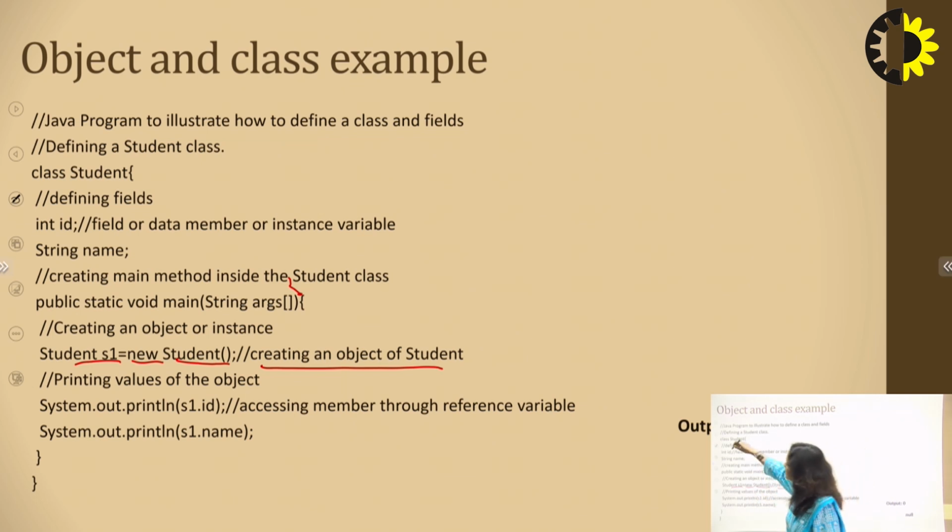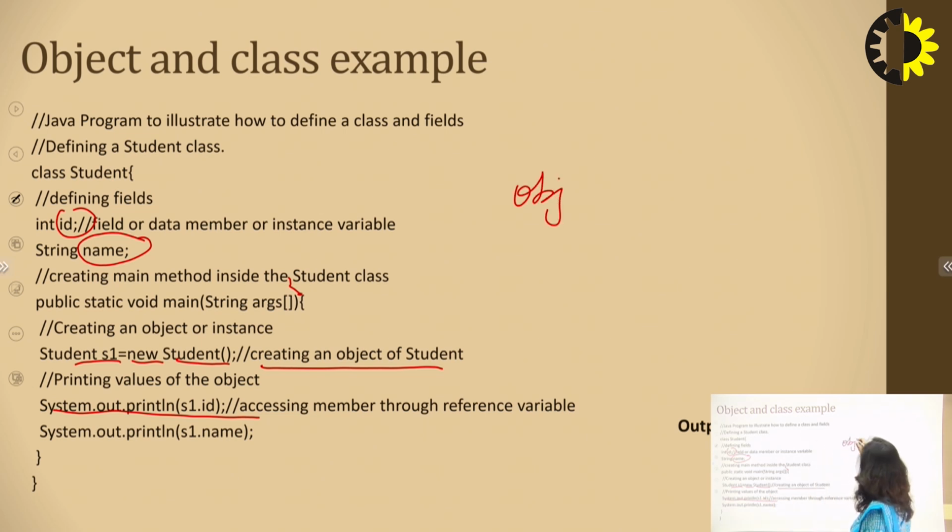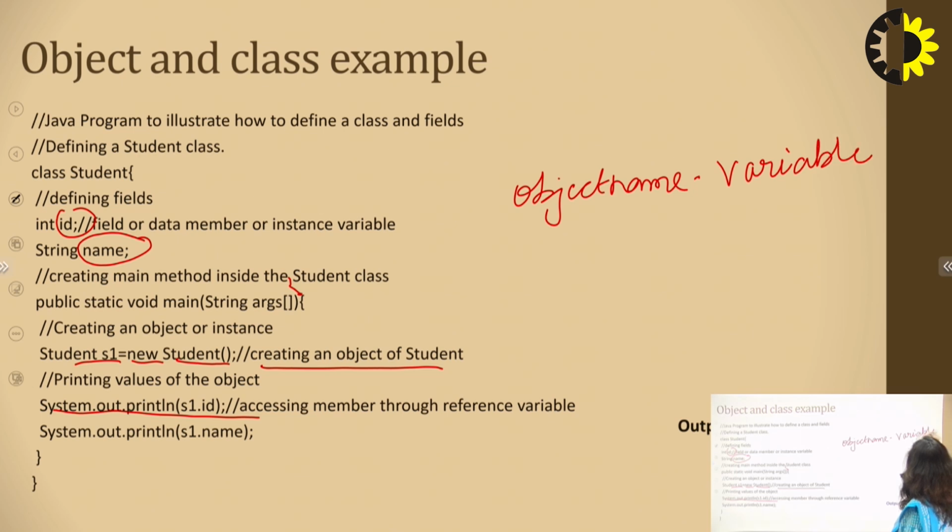Now if we want to invoke this id variable and name variable, and we want to access them, how can we access them? By invoking them using this object S1. So here I have written one output statement where I am calling this variable with the name of the object. How can we call? Object name dot your variable name. So we are using a dot operator over here. Any number of object variables you can invoke through your object.